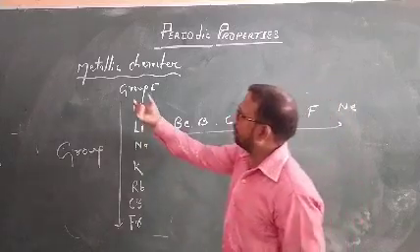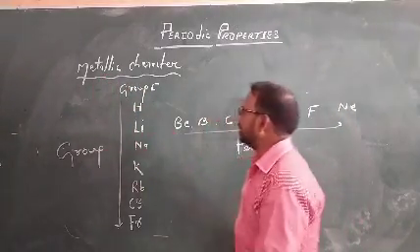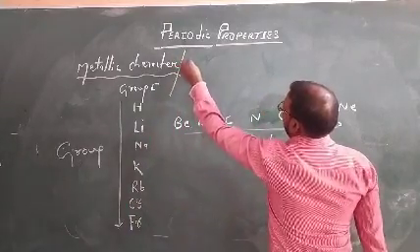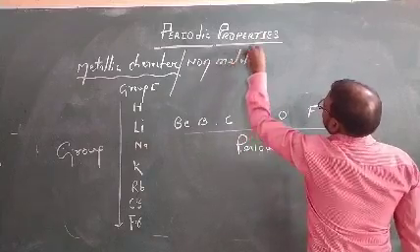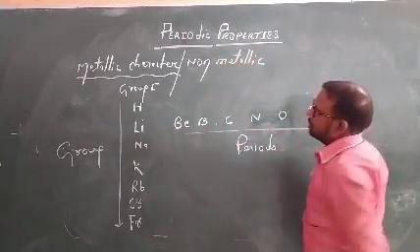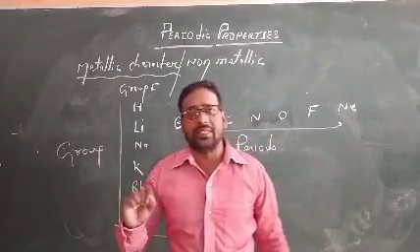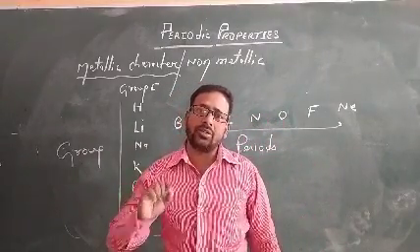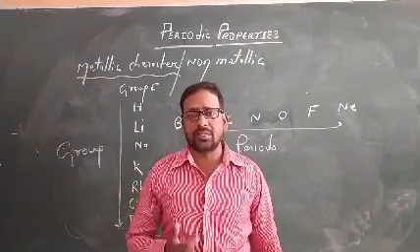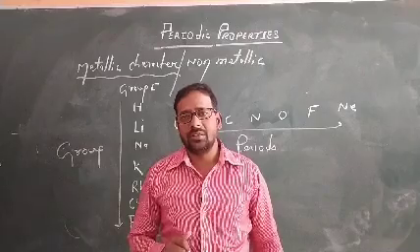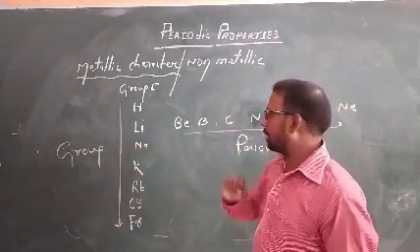First, we are going to talk about metallic character, and you can write non-metallic character. Metallic and non-metallic character. About electronegativity, I will make you understand in the next lecture. Even electron affinity I will explain later. But here there is just one trick you have to keep in your mind.